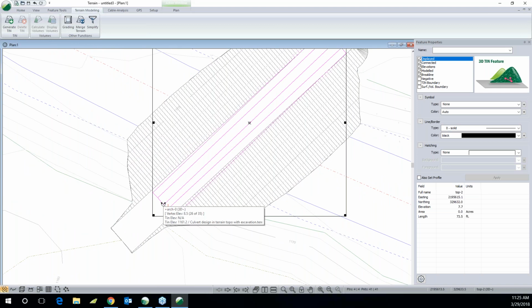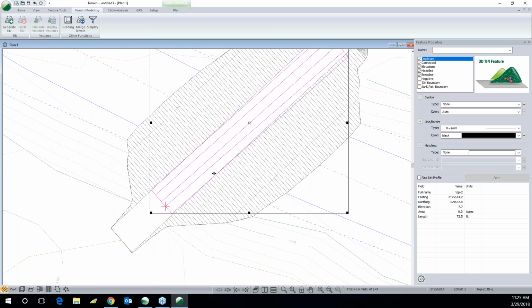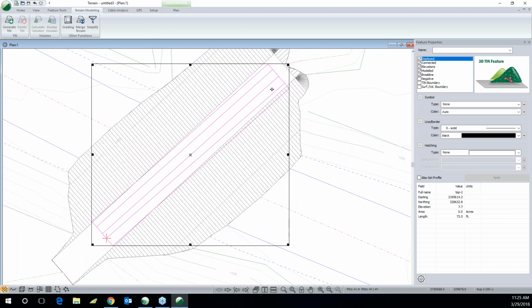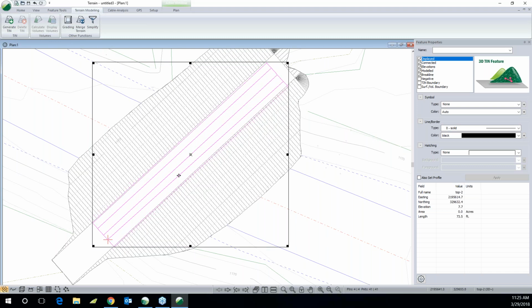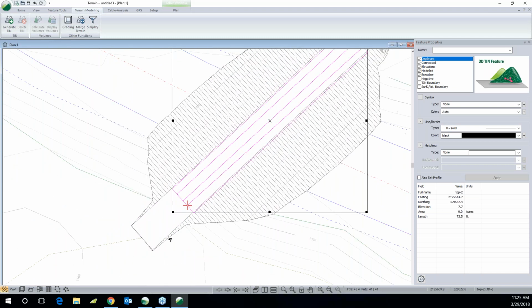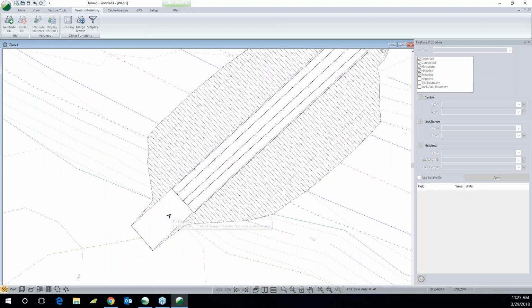I'm going to go to the other end and rotate it a little bit more. That's a little bit too much. Let me rotate a little bit back. That's good. I think I'll leave it there, but I am going to just hover over the background terrain, just to see what elevation I'm dealing with, because this is not at the right elevation. It's around 1,161.2